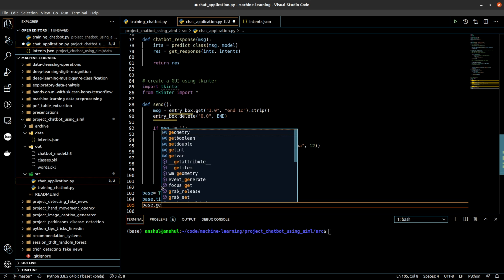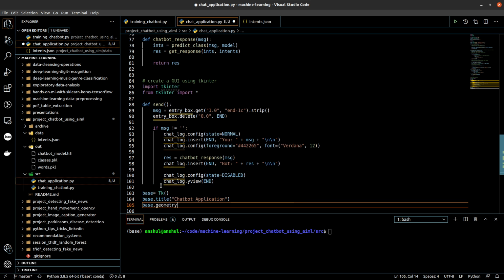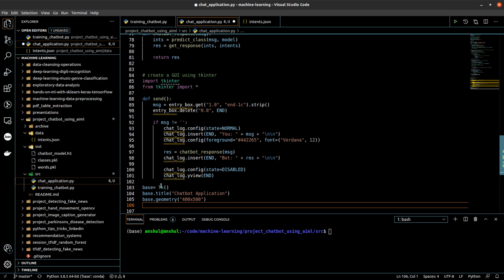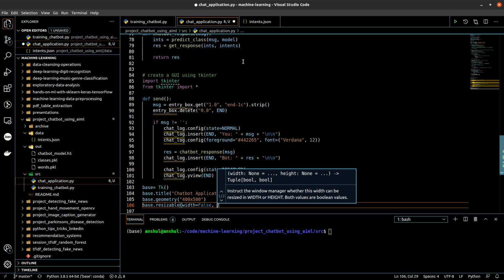Base geometry, we pass as 400 cross 500, and we can create a resizable window. So base resizable, width and height both we will pass